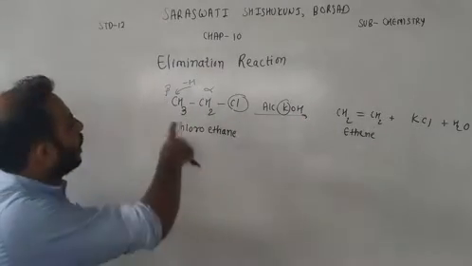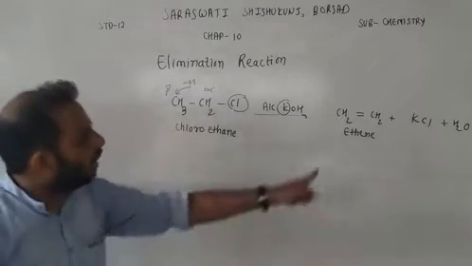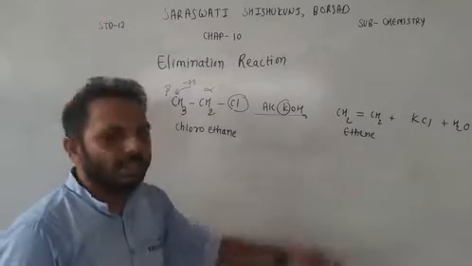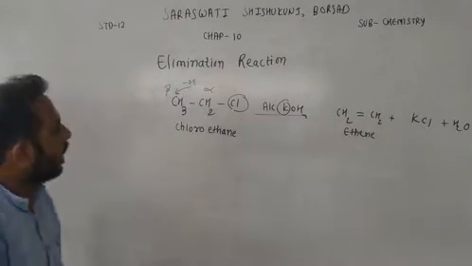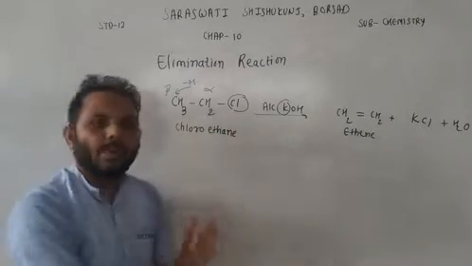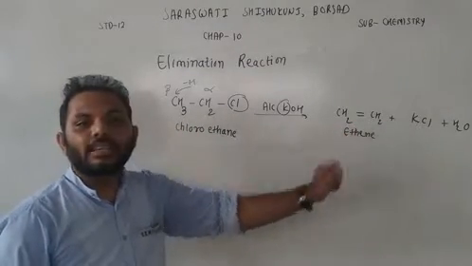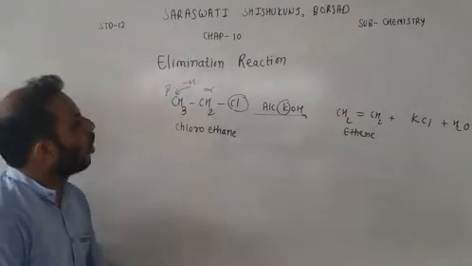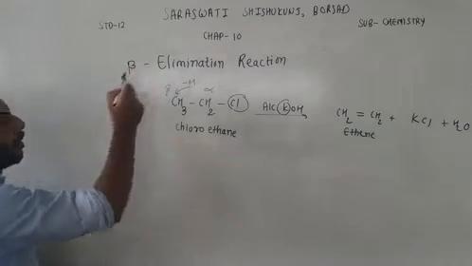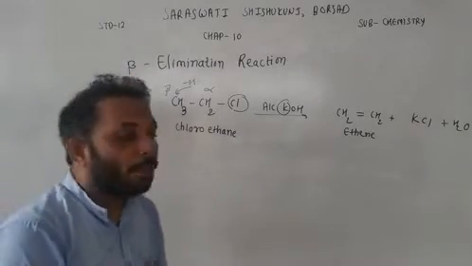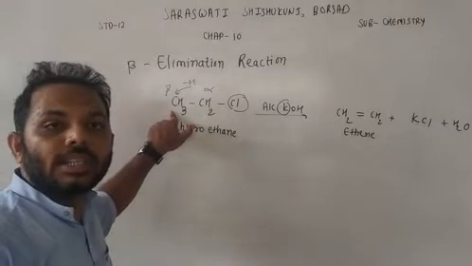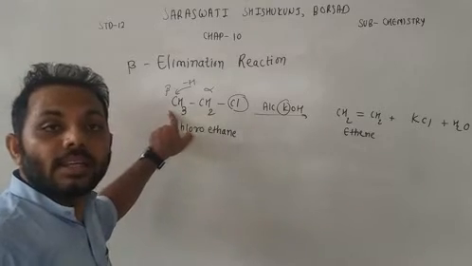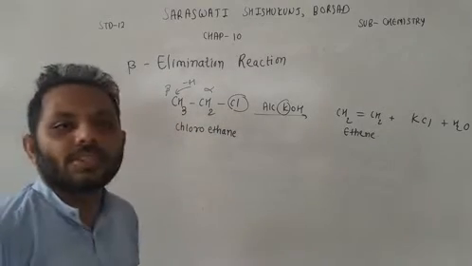So what is left? Here CH2 is left. So CH2, there will be a double bond to satisfy the valency and that is known as ethene. So we can say that if haloalkane reacts with alcoholic KOH, it will form alkene, right? So the product is alkene. This reaction is also known as beta elimination reaction. The reason is from beta carbon, hydrogen is removed. So if hydrogen is removed from beta carbon, that is why it is also known as beta elimination reaction.